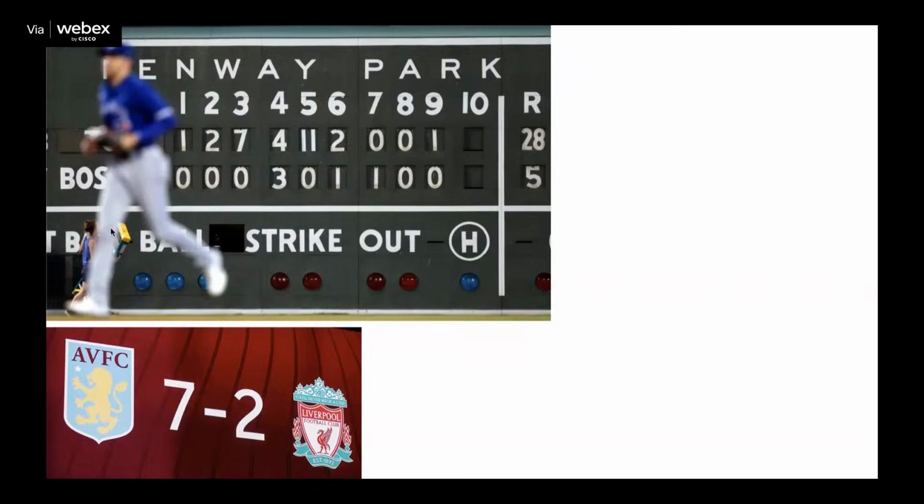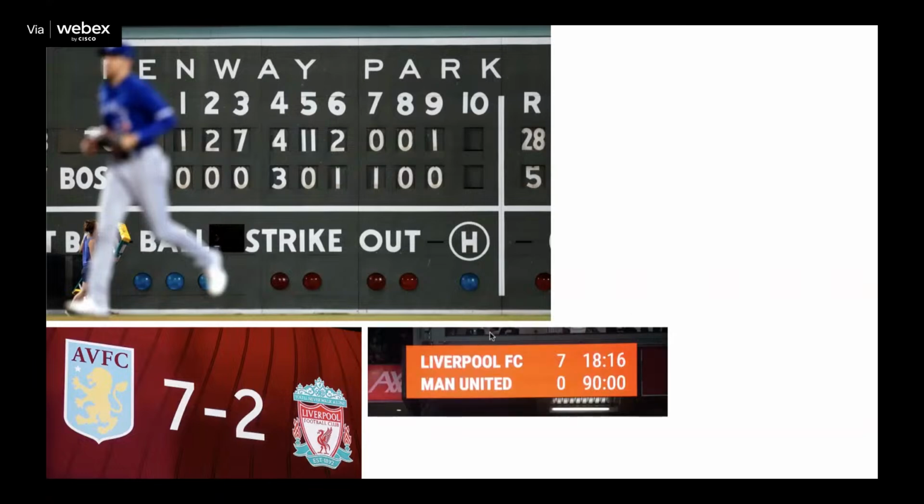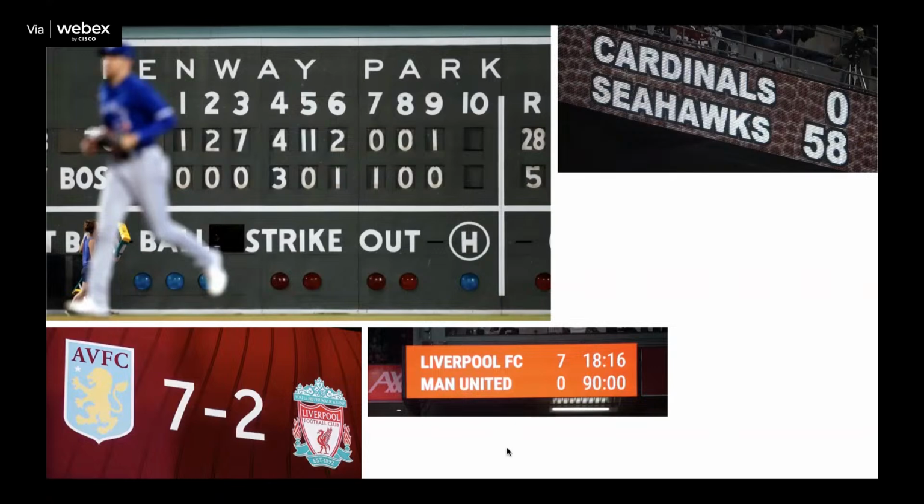I'm a Blue Jays fan. Last year, Toronto beat Boston in Fenway Park 28-5. Pretty ridiculous. Then this year, Liverpool beat Man U 7-0. This is ridiculous for Premiership football or professional football in the UK. Look at this one.